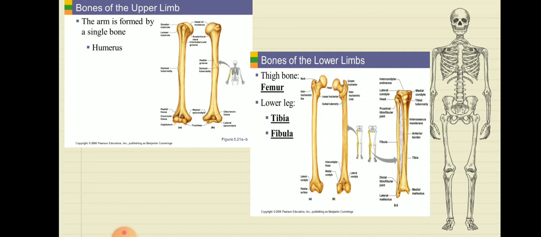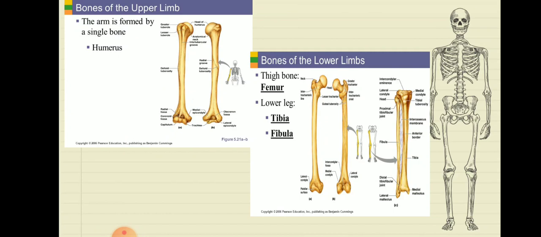Now the upper limb is the hands that we are going to talk about. The arm is formed by a single bone which is known as the humerus. It is joined with the wrist, hand, and fingers. The upper arm, the long upper arm bone, is called the humerus. Likewise, all these bones have special names and they help us in gripping, holding, and for writing work. So you will learn about it in the higher classes.